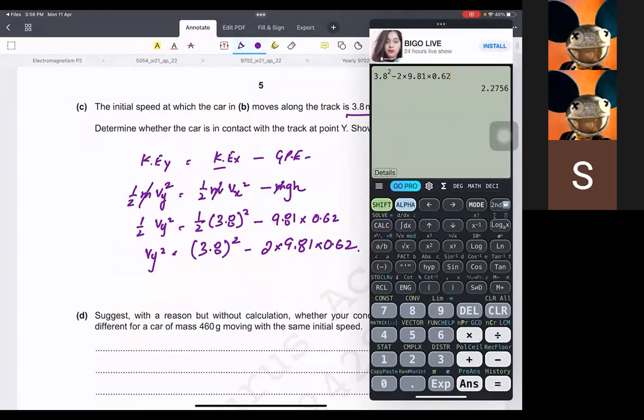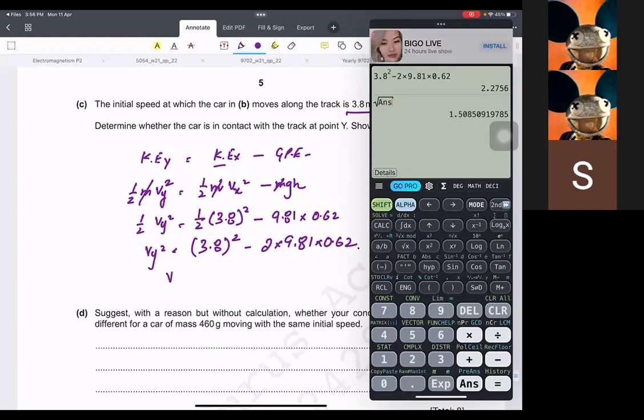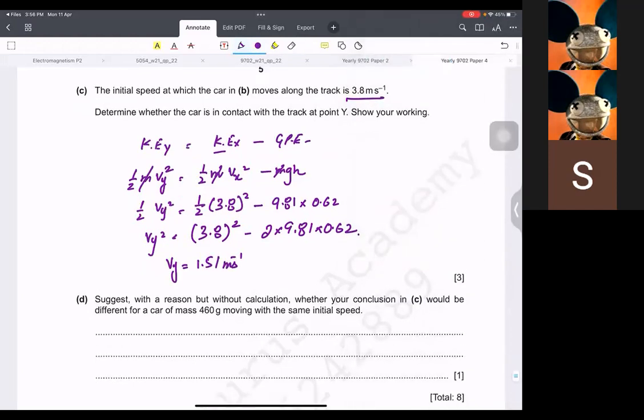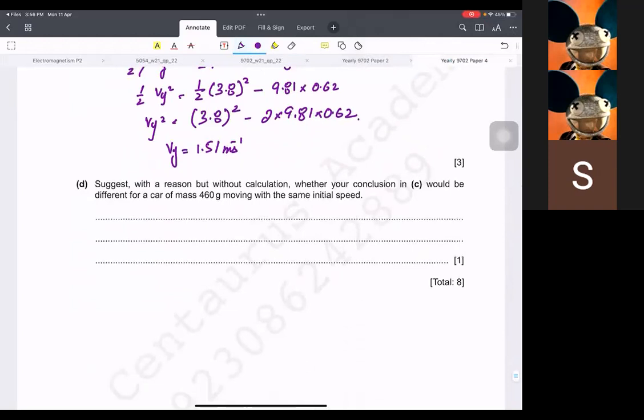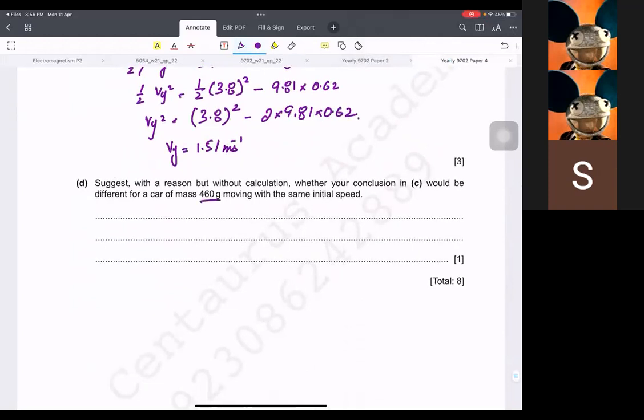So, under root, the answer: Vy should be equal to 1.51. Okay. Then part (c): suggest, with a reason and without calculation, whether your conclusion would be different for a car. The answer is no. And the reason it won't be different is because